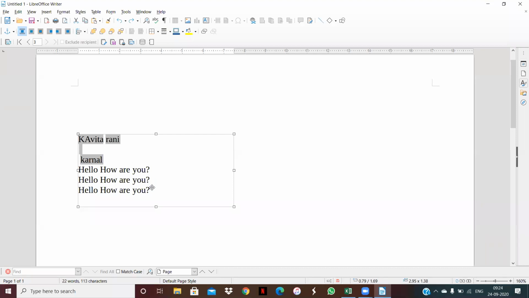I just write only one letter and recipients automatically change here. I just click on here. This is number 2, this is 3, this is 1, 2, 3. Clear, my dear students? In this way, you can add the multiple recipients for a single letter.